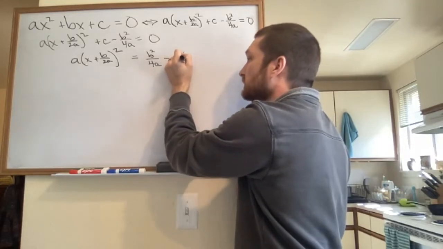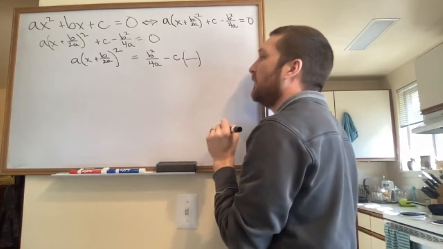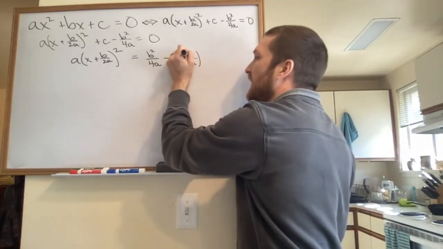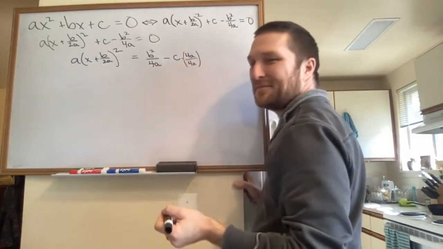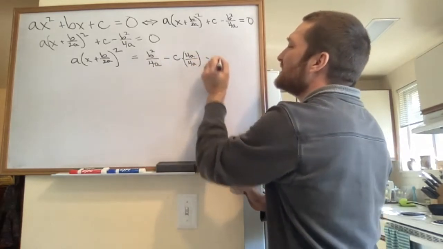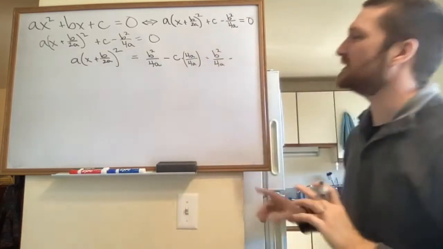Now, c is the same thing as c times 1. But I'm going to write 1 in a way that helps me out. So I'm going to take 4a and divide it by itself. Sound familiar? Okay, so this is the same thing as b squared over 4a minus